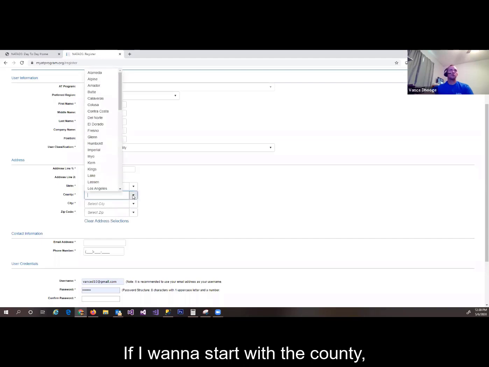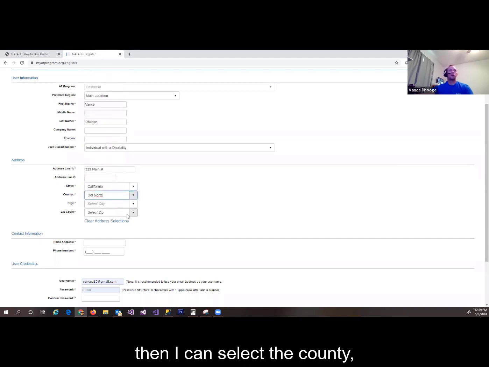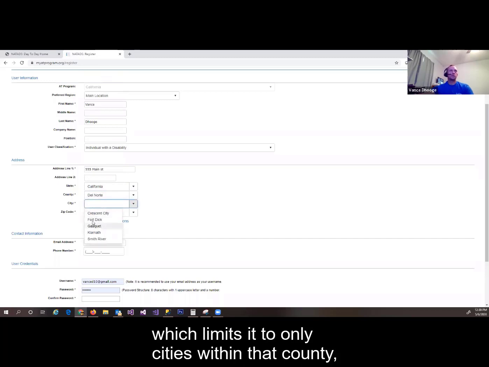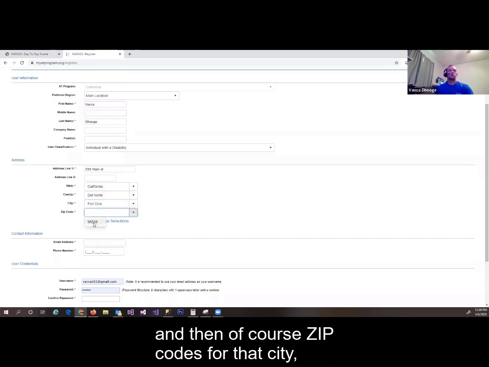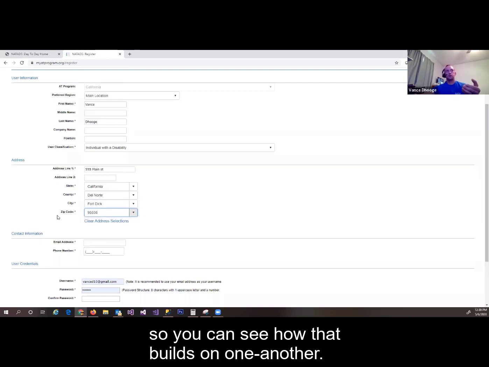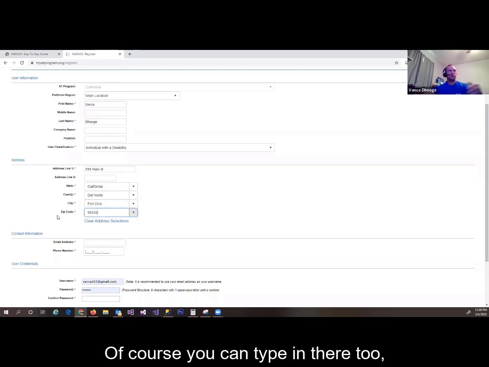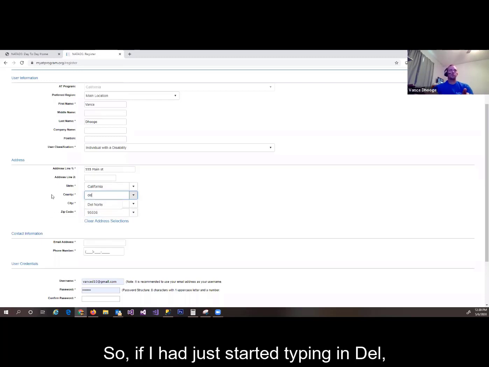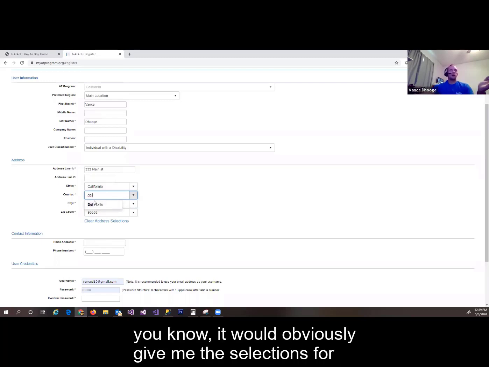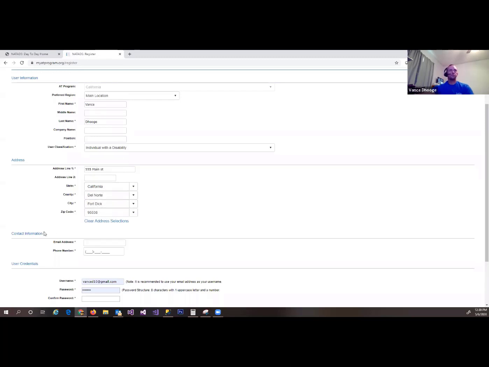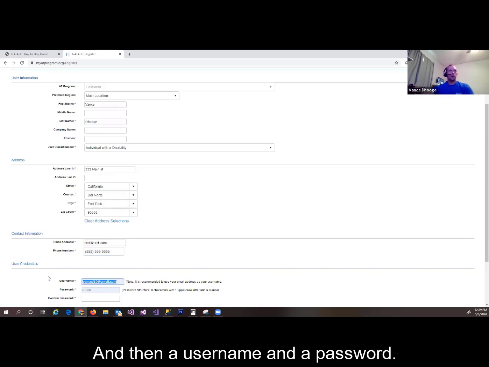If I want to start with a county, then I can select the county, which limits it to only cities within that county, and then of course zip codes for that city. So you can see how that builds on one another. Of course, you can type in there too, and it'll shorten that list. So if I just started typing in Dell, it would obviously give me the selections for what I typed in there. And then my email address, my phone number,